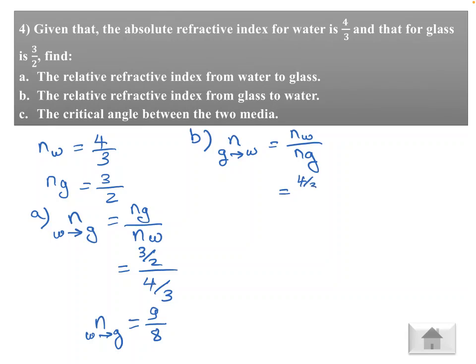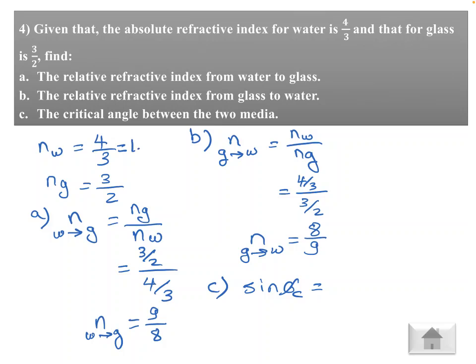4 over 3 over 3 over 2, which equals 8 over 9. N glass to water. C, which is the last: the critical angle between two media. From what to what? From water to glass or glass to water? To understand,